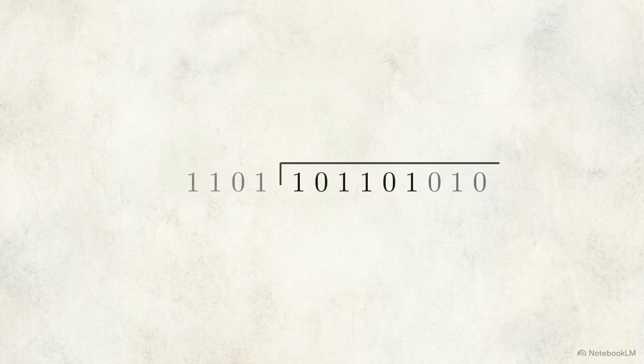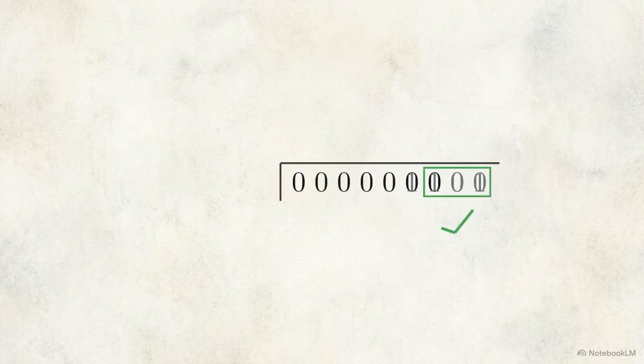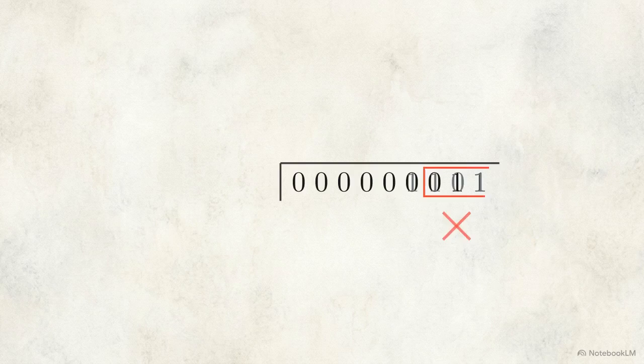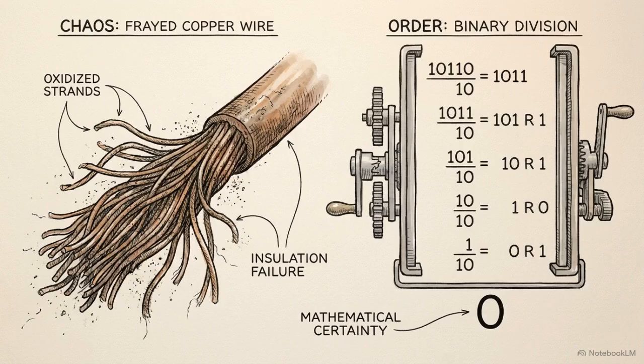Upon arrival, the receiver strips off the data and performs the exact same polynomial division through its own logic gates. If the data is intact, the receiver's division will result in a remainder of 0. If the result is anything else, the computer knows the data is corrupted, deletes the frame, and requests a resend. This process removes the guesswork from networking, turning the chaos of physical noise into a mathematical certainty.